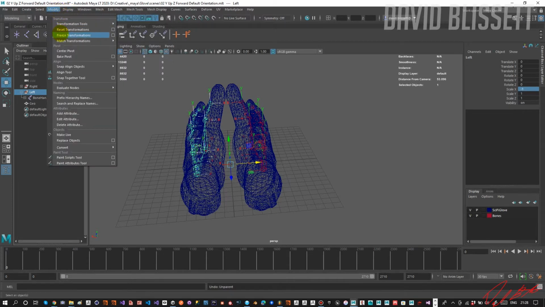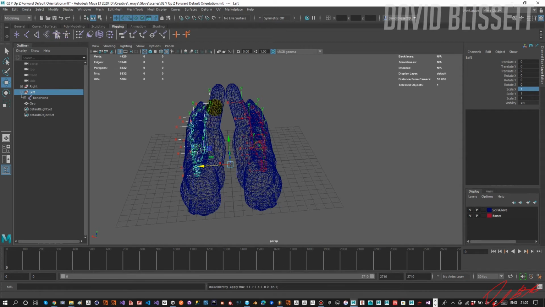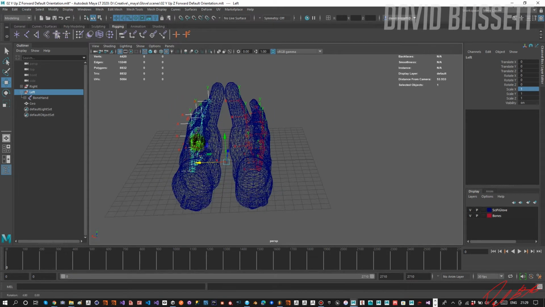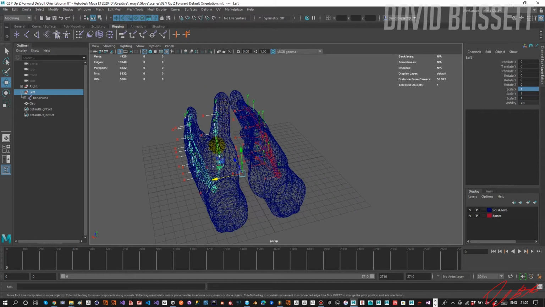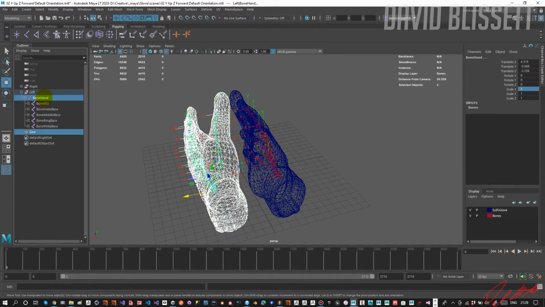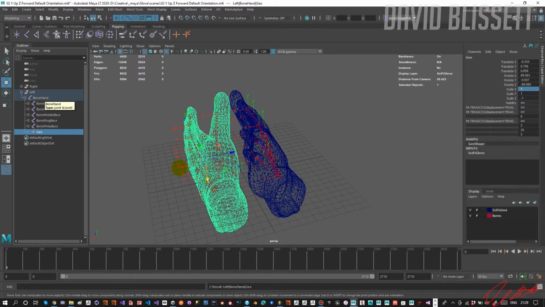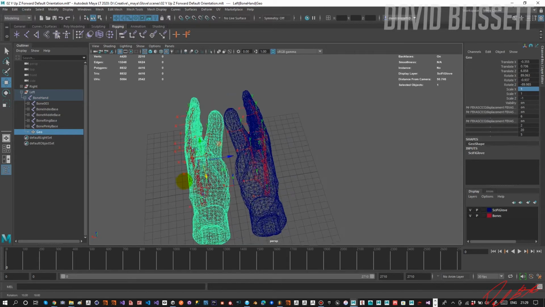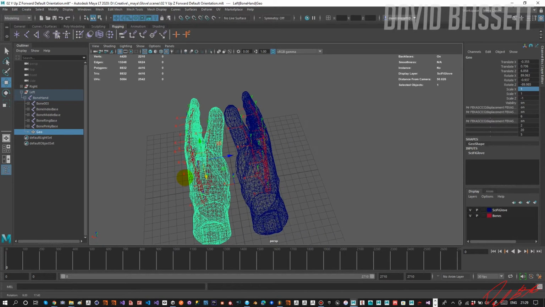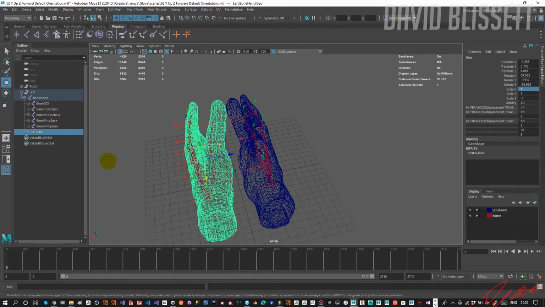So I'm going to go modify and shift. And all it's done now is rightfully flipped the x-axis to preserve the actual move. But if you notice, the geometry is in the same place where it's supposed to be. So I can just go ahead and put that back in here in terms of parenting. And I have my second hand flipped into the other axis without it making any